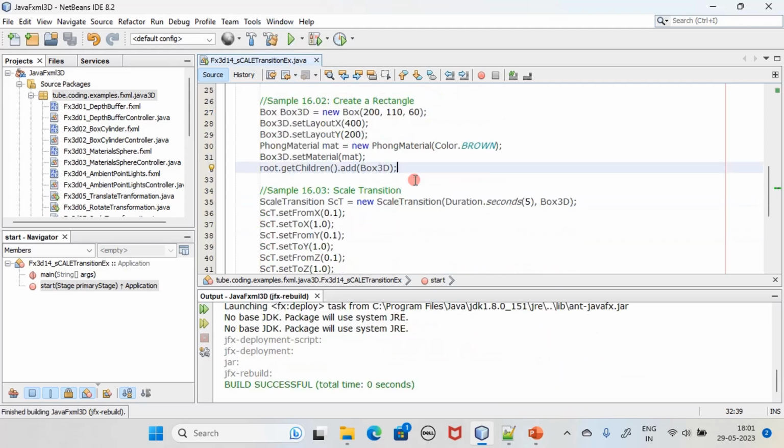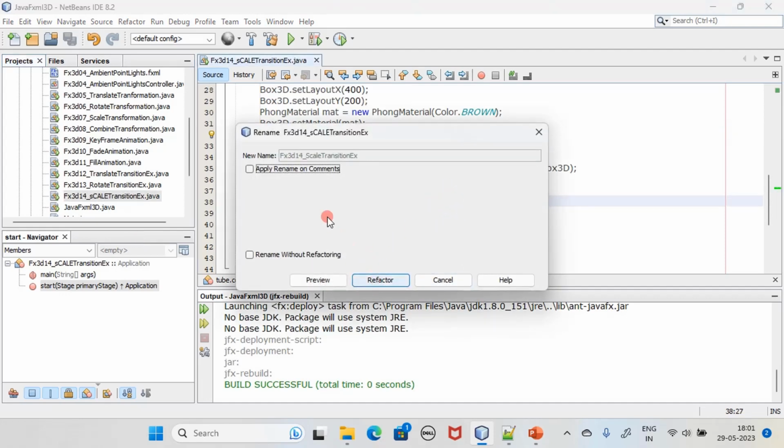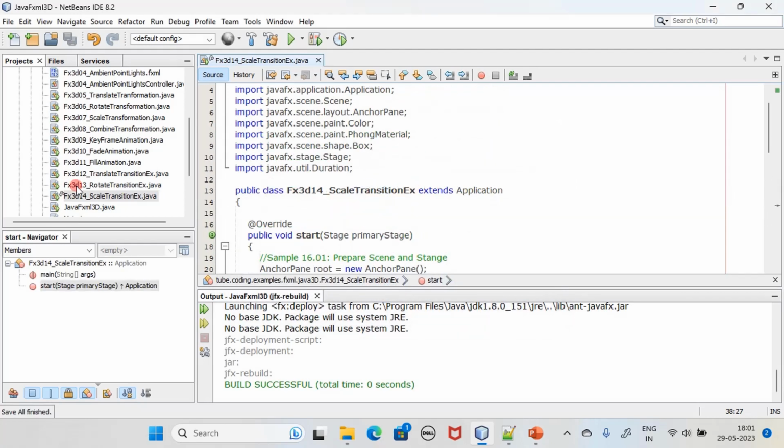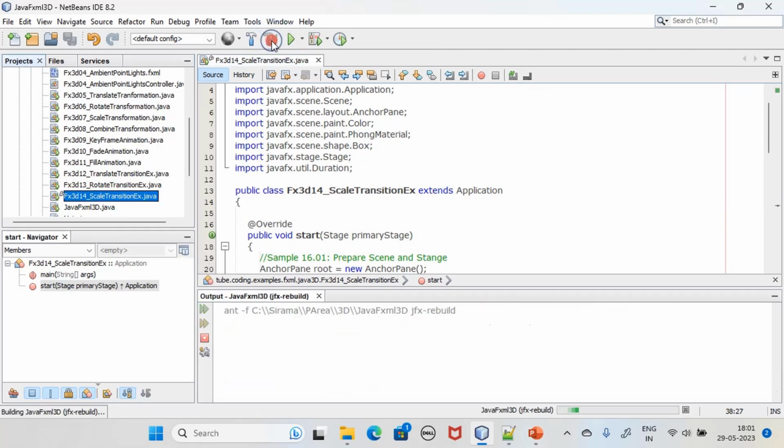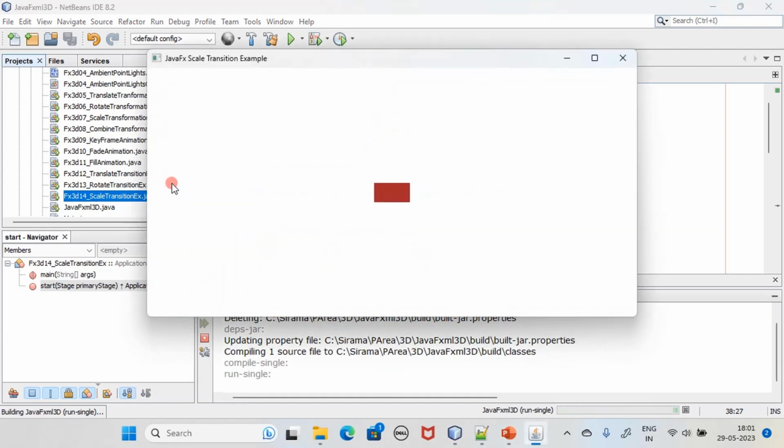We will build this and run it. Scale transition. Now you can see